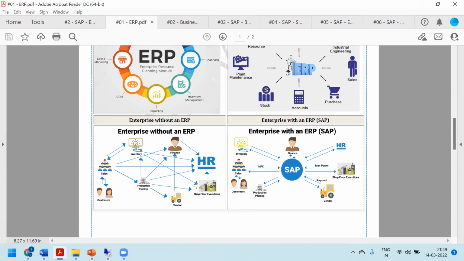Because for example, let's say the sales department got one order. Let's say we are working for Tata Motors. Assume Tata Motors got 100 bus orders from a state department, like in our Karnataka, we have Karnataka State Transport, similarly Maharashtra and Telangana. Let's say that state government ordered 100 buses. So the sales department of Tata Motors got the order of 100 buses, right? And then based on this order, the production department should be manufacturing these 100 buses.